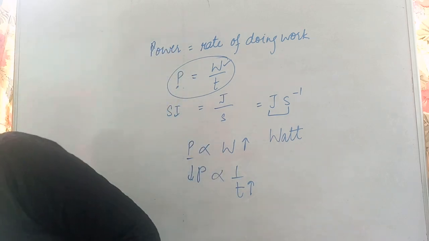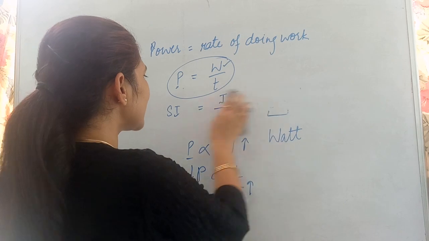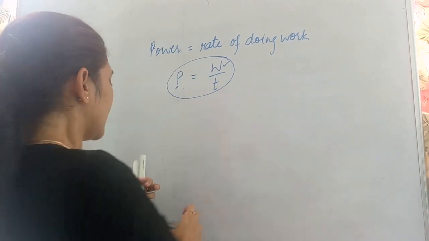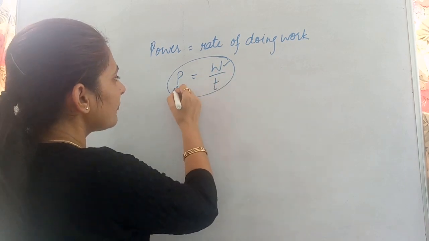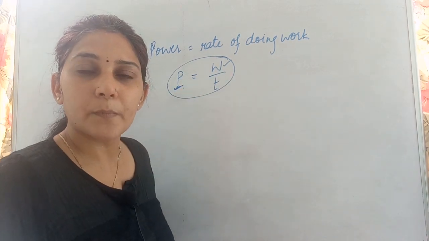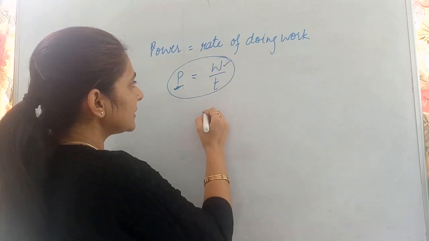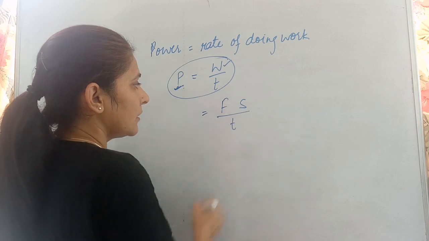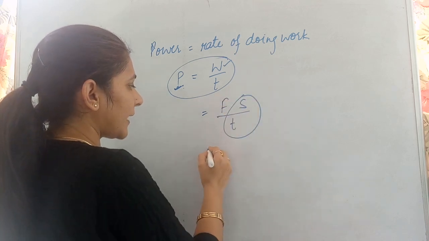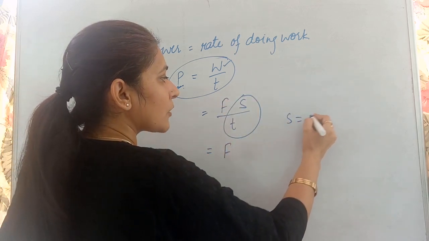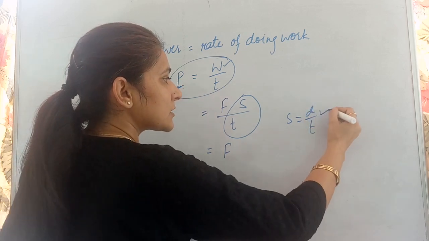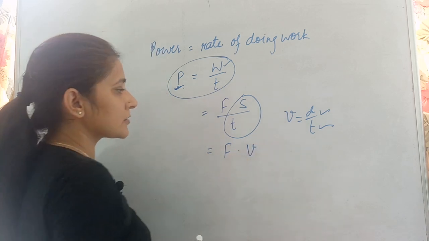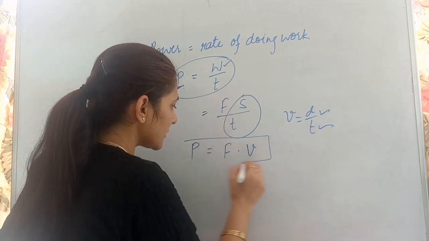Right. One more thing that is left out, this is a formula which is used in one of your numericals, that's why I am discussing it over here. How can we write down power in terms of velocity? That you need to check out. Work done is given by force into displacement, and this is what? Time. So this displacement upon time, that can be written as what? Speed is equal to distance upon time. I am saying displacement upon time, so I am talking about what? Velocity.